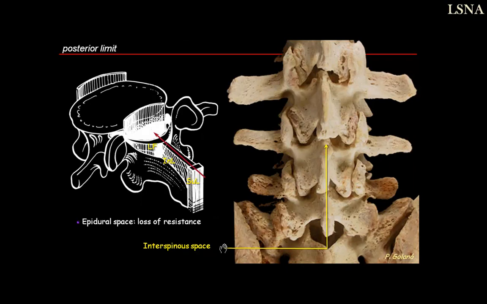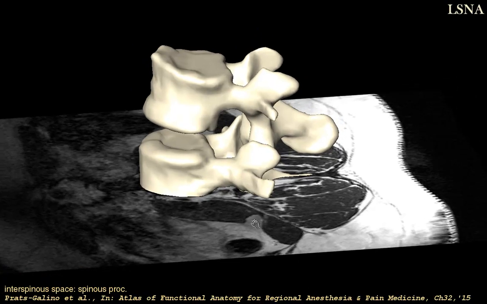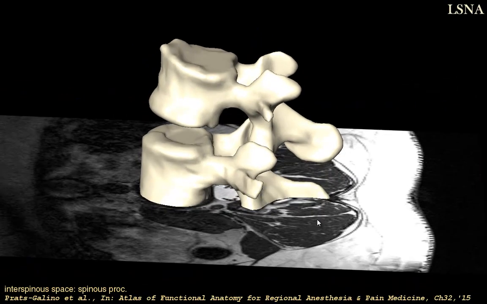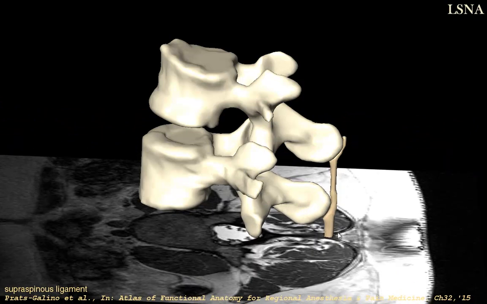A classical approach in anesthesia at the lumbar spine corresponds to the medial approach. This method involves the introduction of the needle through the interspinous space to reach the vertebral canal. As its name suggests, this space is delimited by two adjacent spinous processes. The medial approach requires crossing successively the supraspinous ligament, this slender structure that jumps between the tips of the spinous processes,